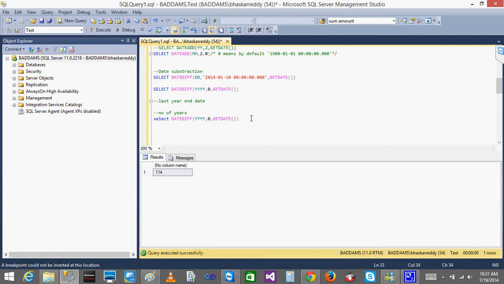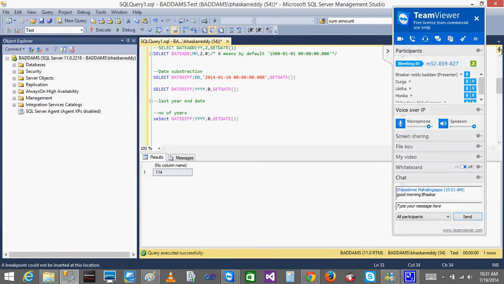Can you please disconnect, wait for 5 seconds and then reconnect back? Sure, Bhaskar.